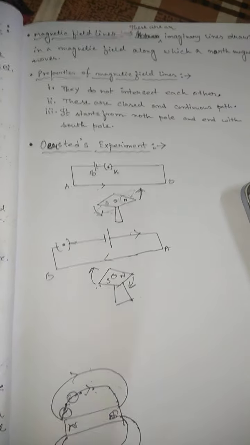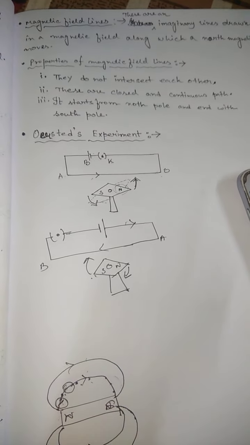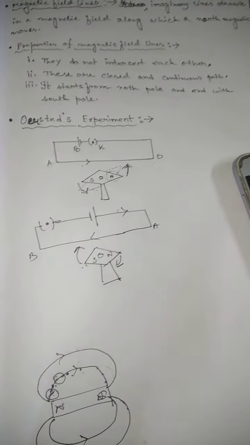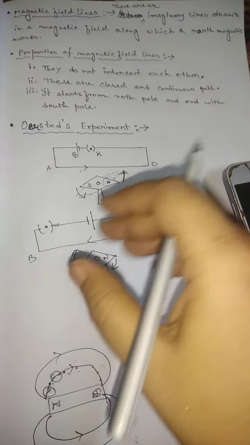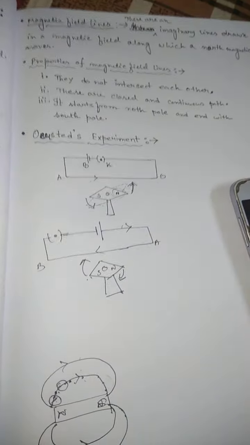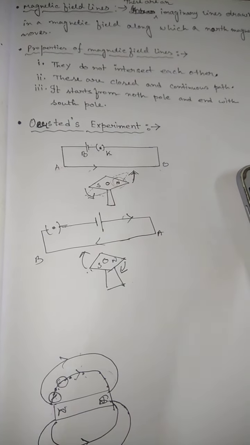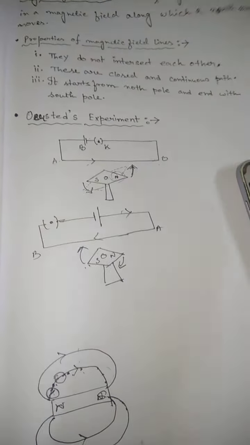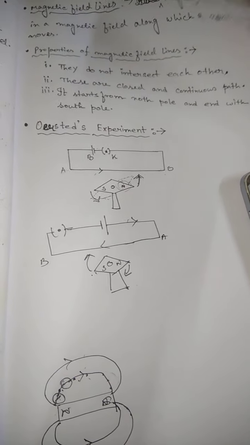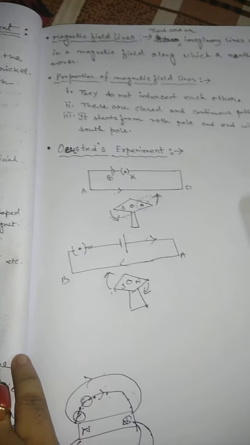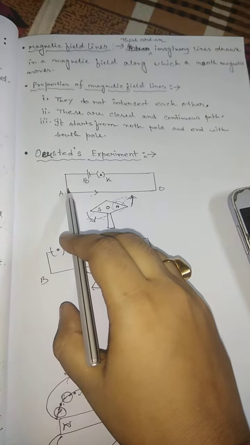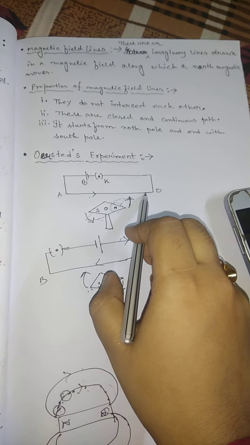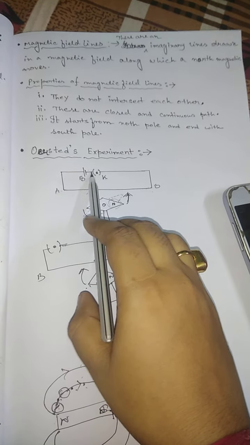This concept was discovered by the scientist Hans Christian Ørsted. He discovered the magnetic effect of electric current accidentally; he did not know about it before that experiment. He was doing an experiment and unexpectedly came upon this topic. So what is that experiment? In this experiment, AB is a conducting wire which is connected across a battery and a key, and